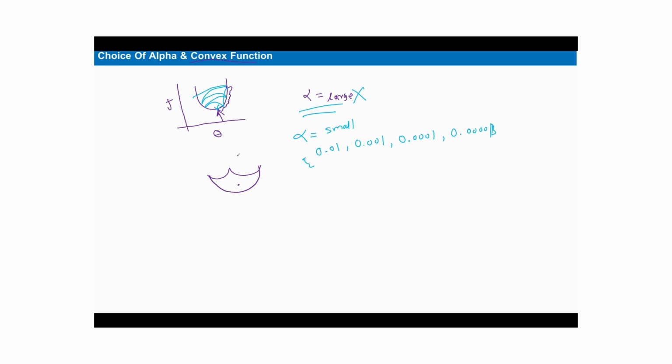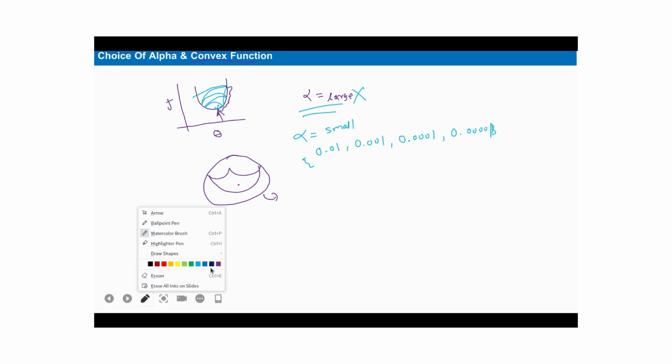Whatever function this is, it is called a convex function, and we get this convex function only when we are dealing with linear regression. But in the case of a neural network, or very complex functions, we will not get this kind of function. There will be many local minima as well. So this is about the convex function.